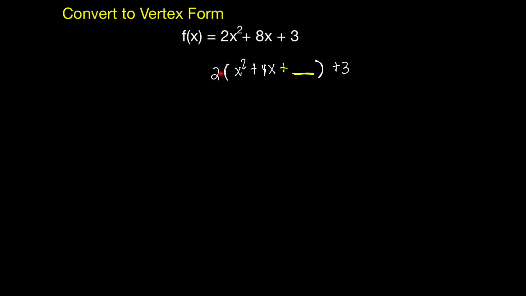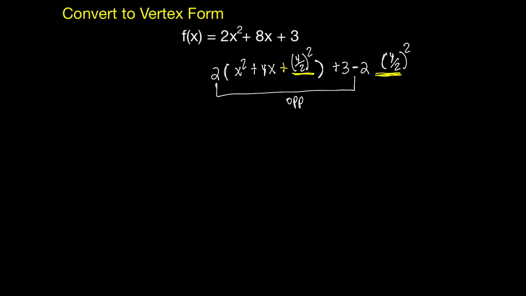Now, since we have a factor here, we're going to get the opposite of that, and that's going to be a negative 2. And then we're going to multiply it with the quantity that is going to help us complete the square. Now, this quantity itself is going to be the coefficient of x. In this case, that's going to be 4. We're going to divide it by 2, and then we're going to square that. So here we do the same thing, 4 divided by 2, and then we're going to raise that to the